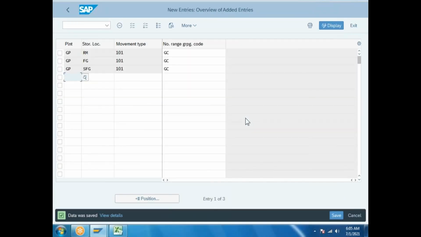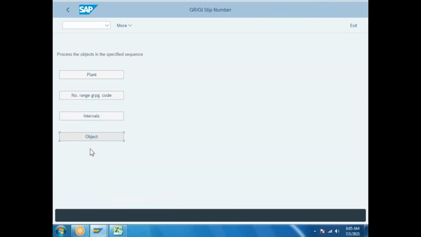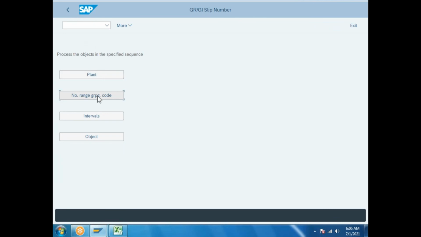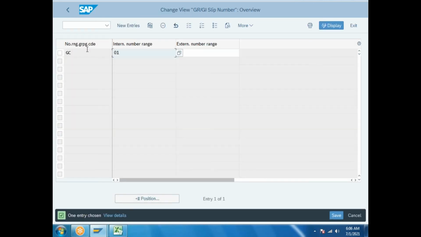See here? Go back. See the screen? Yeah. So that is GRGI, right? So we call that the group code. See the screen: number range, grouping code.